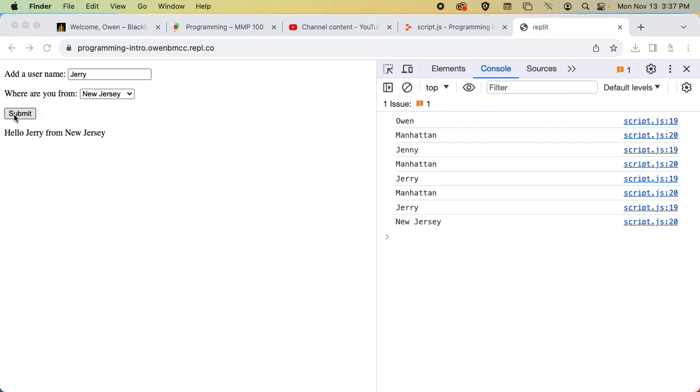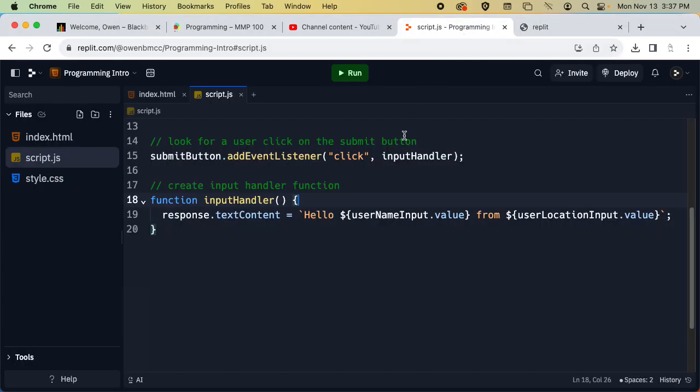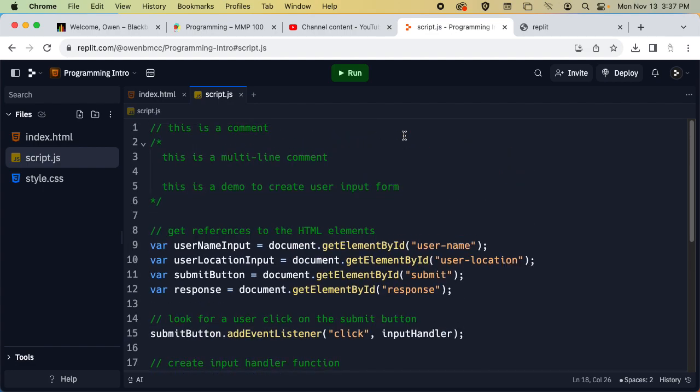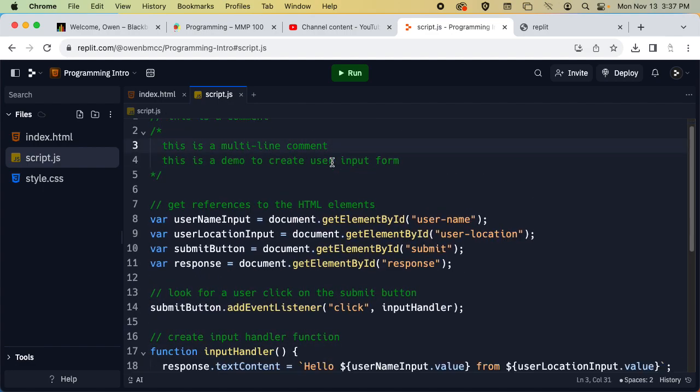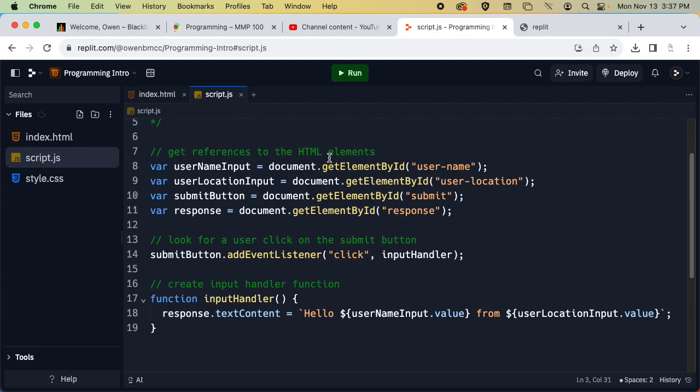So this is a very basic overview. We're going to go into a little bit more detail on all of these topics over the next couple weeks. But hopefully you can start to understand the reason why we need to use programming when we're building a website, and also start to see some of the patterns that you'll see in the syntax here. But it's probably going to be a little bit confusing at first. It's going to take some time and working with it. So we do have a couple more classes, and we'll go into some more specific details and start to build our Mad Libs application from this basic